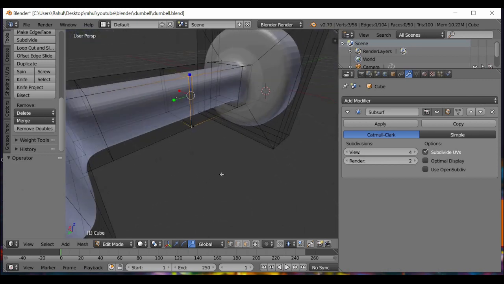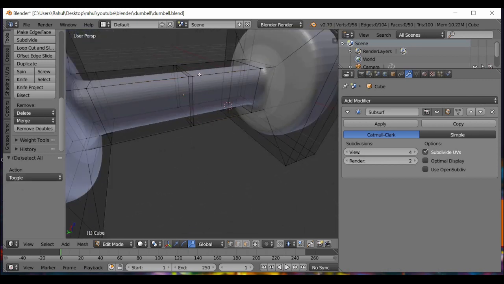Oh, the bottom one also got selected, so again A, make sure that B, only these 2 are selected,